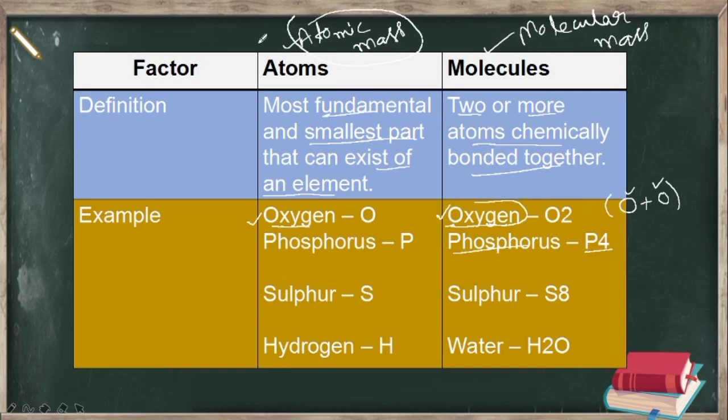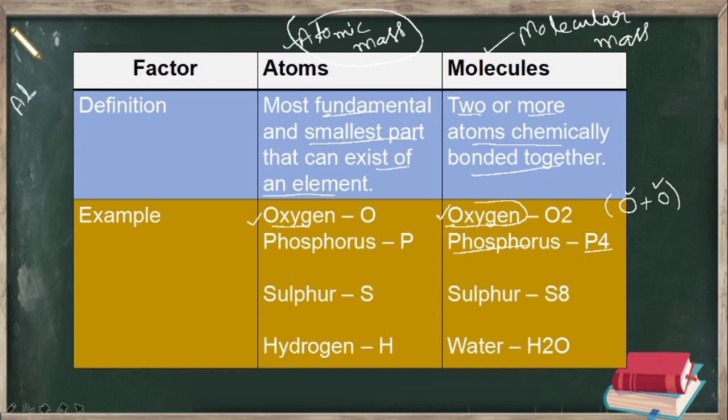In your classes you have studied the number of protons, neutrons and electrons present in an atom, because these three are the fundamental particles of an atom. Protons are positively charged, electrons are negatively charged, and neutrons don't have any charge. But don't say neutral; we have to say no charge. And how do we define atomic mass and atomic number? If you recall, there's a difference between atomic number and atomic mass.